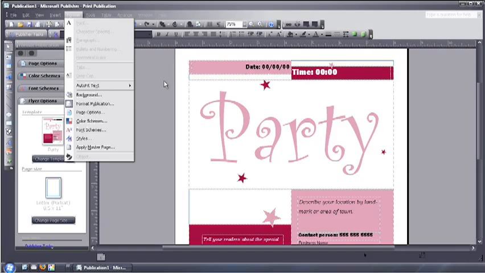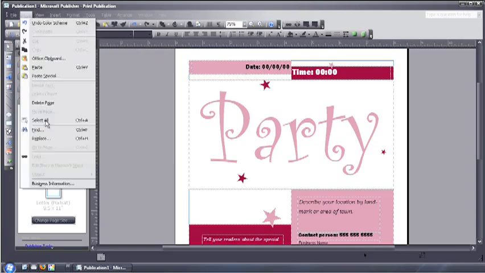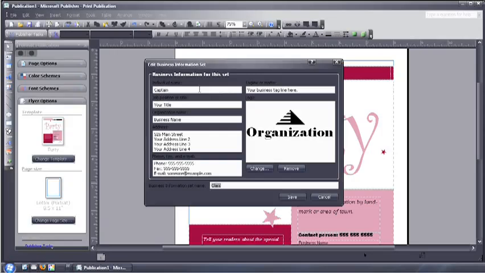So let's go into the first thing. The first thing it tells you in our class is that we need to update our personal information here, and of course that was under Edit. Now you'll notice it says Business Information on Publisher 2007. Now we need to go in here and update some of this information. So looking in my book, I'm going to change the name to the Emma Publisher, and then I'm going to go over and change the president,